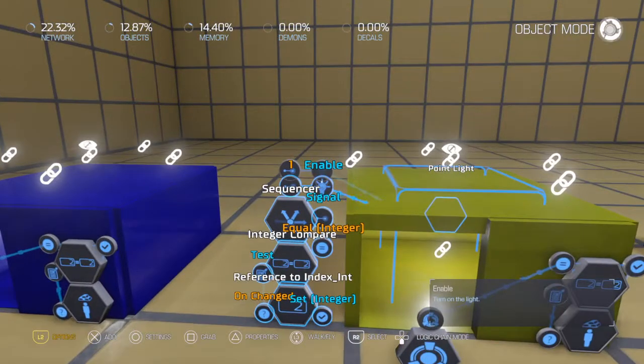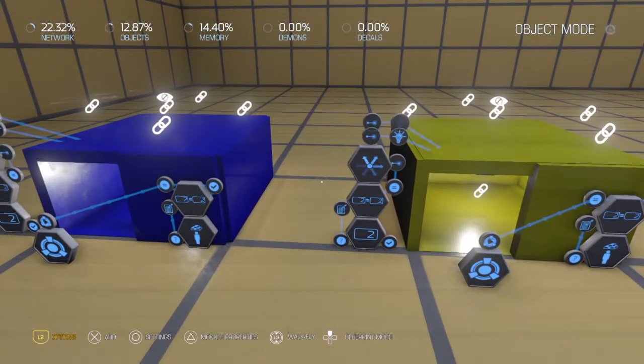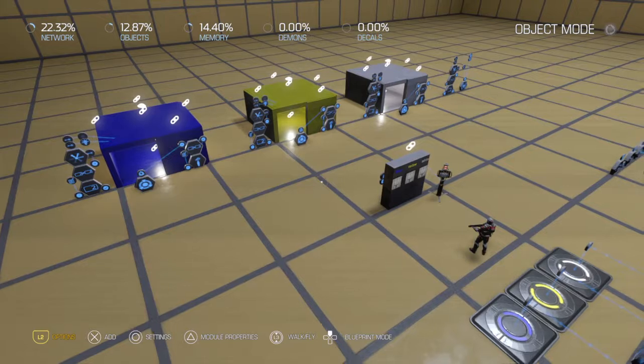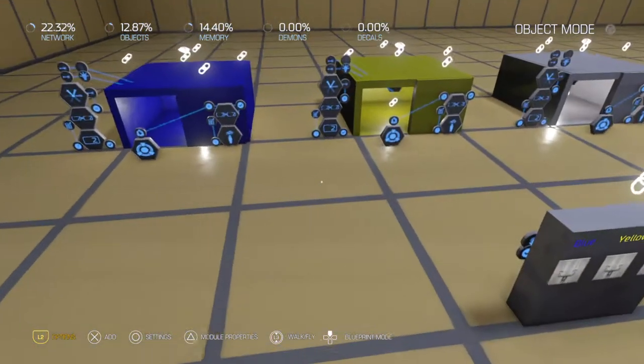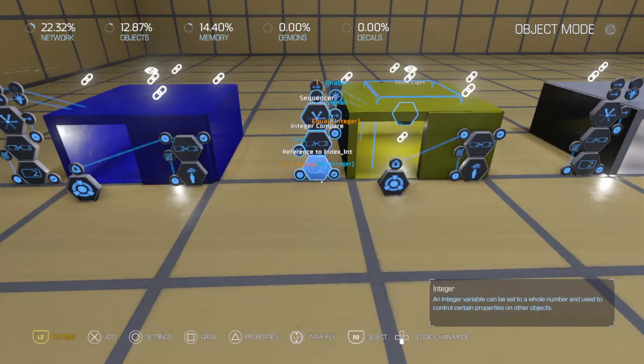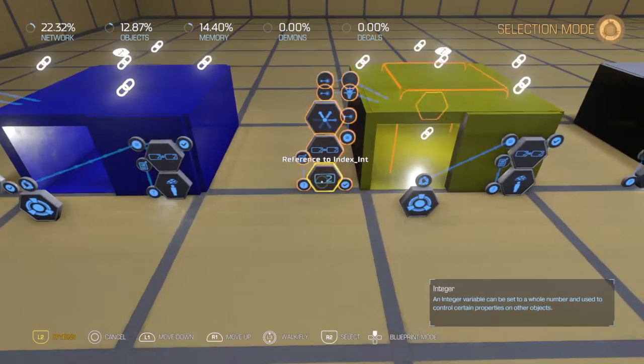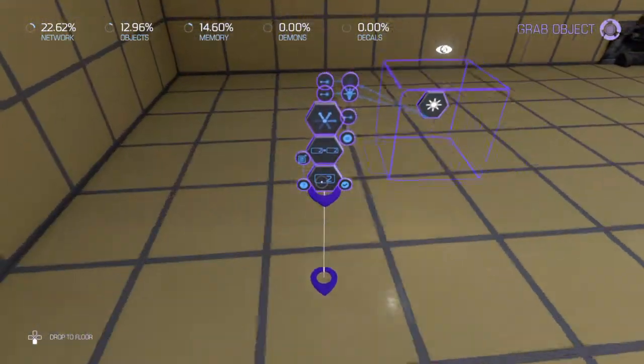It's doing the exact same code, but we don't want all of them to be affected at the same time, so we can't use a custom event for that. Now you could just hook up chains directly from here. This is very close, so not a great example for that, but if you had 100 lights and you wanted them all to work independently, but you didn't want a bunch of chains everywhere, which could slow things down, make it real yucky and hard to read, and you wanted the option to easily copy and paste a new instance of this same stuff, then this is going to be the way to go,